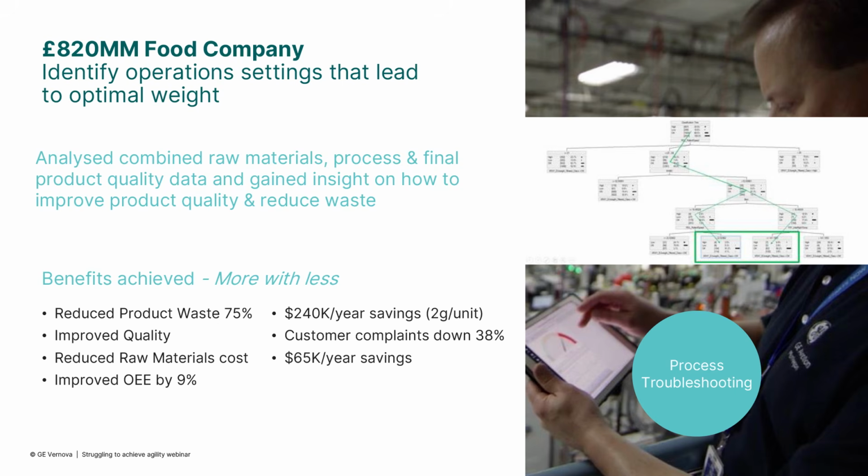So in one example, they saved 2 grams per unit. Remember I was talking about they were making it slightly bigger than they had to, just to make sure that the weight written on the package was realistic to what was in the package. Well, they saved 2 grams per unit. That is an enormous amount of weight in the particular product they were making. And just in that one product alone, they saved $240,000 a year. And they were able to apply this across multiple products. They reduced customer complaints, and they saw another $65K a year in savings across many other things, not including